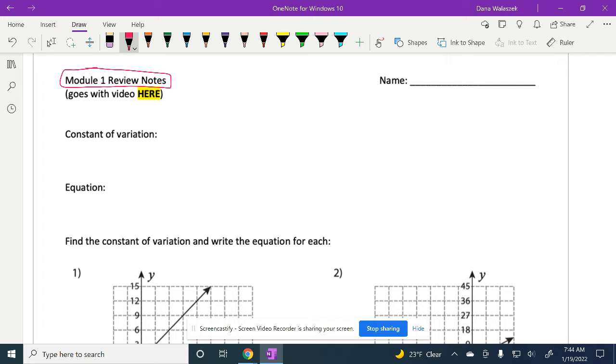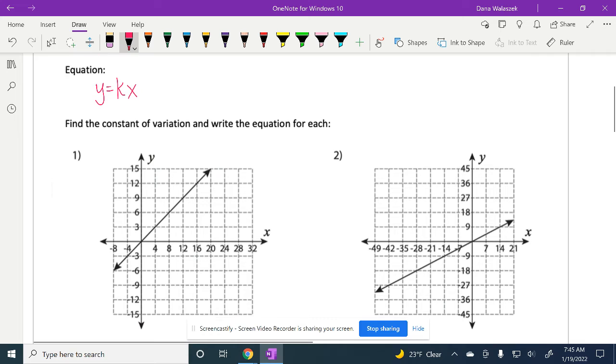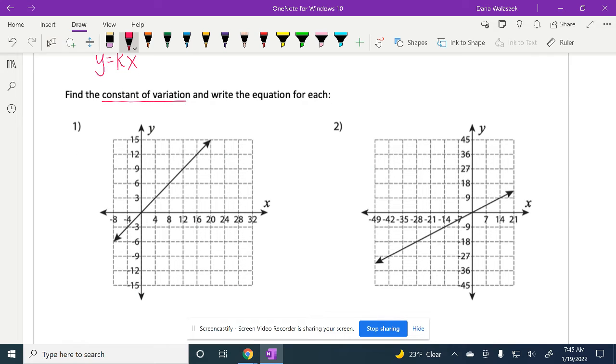done this module. The first thing says constant of variation. This is your K, and it is always y over x. Your equation uses the K, and you put y equals whatever that number is, whatever that y over x is, that K number, you put that here times x. So for some examples, find the constant of variation